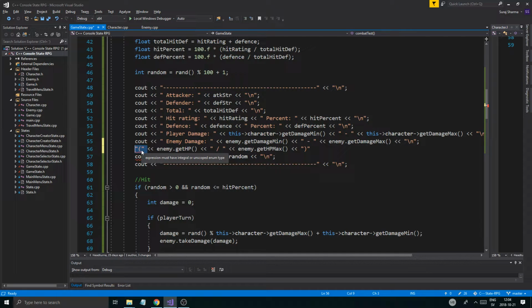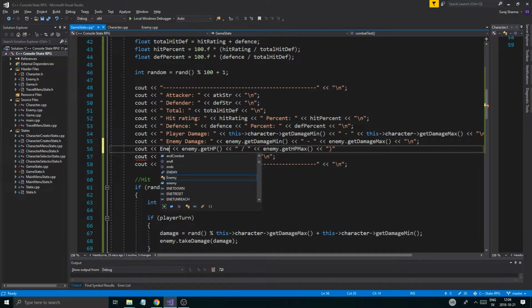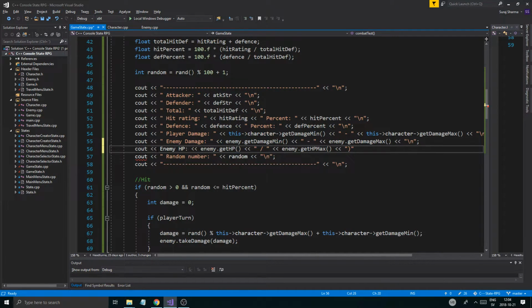Let's call this cout enemy HP, like this. Okay, and then we're just gonna get the enemy HP, boom, boom, boom, and a new line, and we'll just copy paste the whole line, and we'll put a space there as well. Put this under player